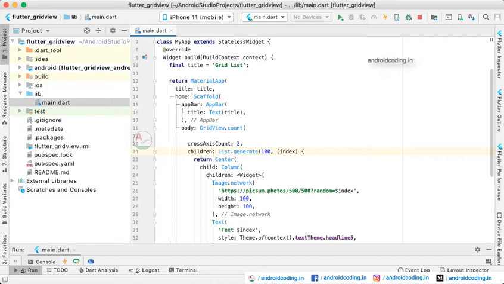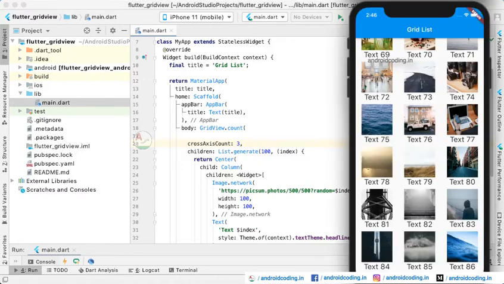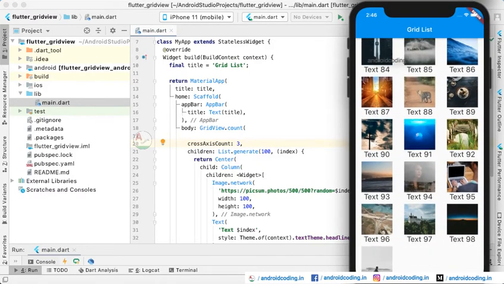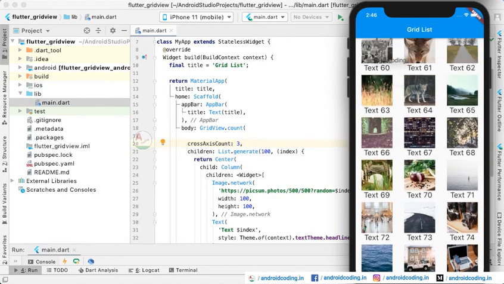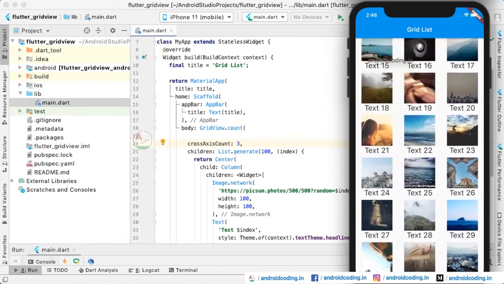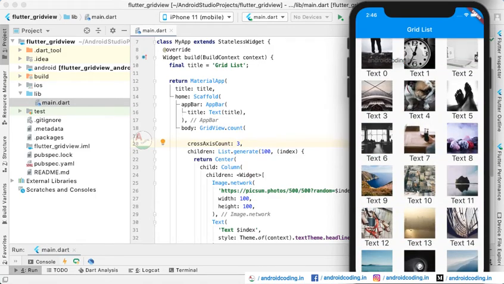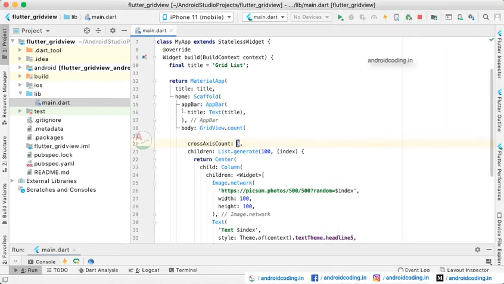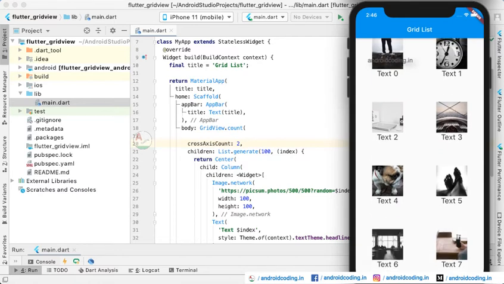If you want more than two rows, you can just edit it and try to see. Here we now have three rows. In the same way, you can have any number of rows in the grid view based upon your requirement. So we can get back to two rows.